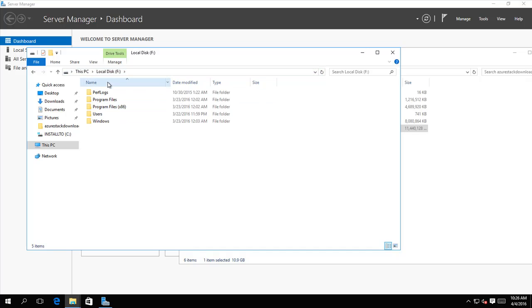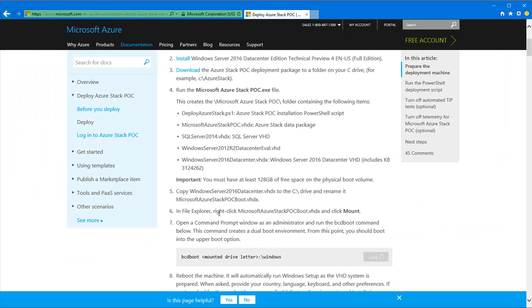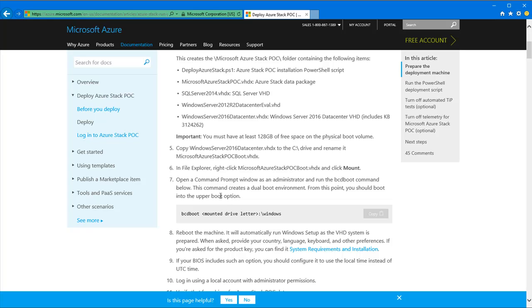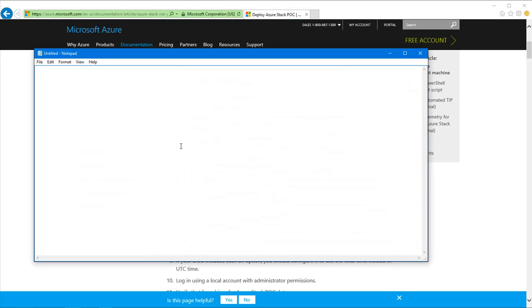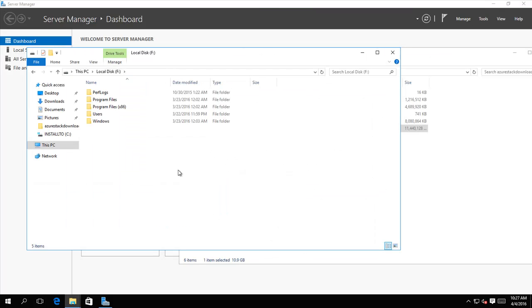Okay, you can see that it mounted it as F. In File Explorer, we did that. Open a command prompt window as an administrator and run the following command. So we will modify this, and we said that was F. So I'll copy that. And we're going to go ahead and